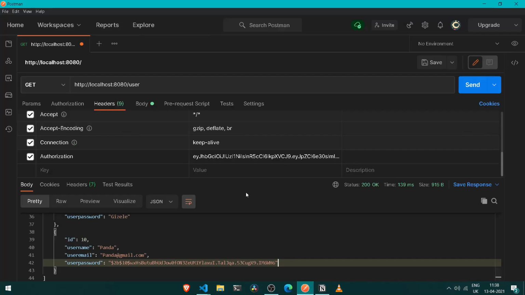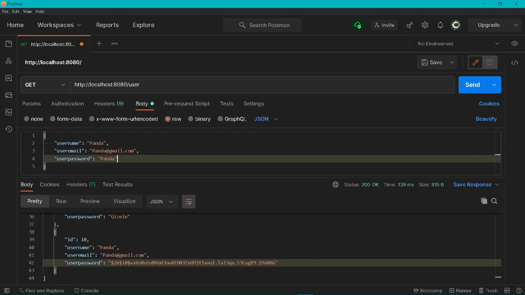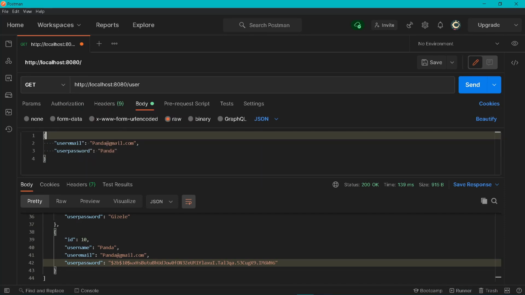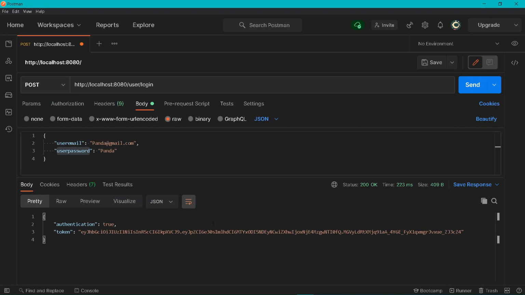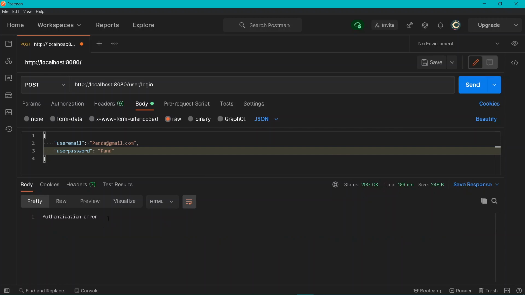Let's go under our Postman, and if I go under my body, we are simply signing in under panda. We don't need our username for now, but you only need panda and also its user password. So here in front of user, let's add a path of login, and here let's add a post request. Let's send it up. Cool. Now we are authenticated under our entire database because we are getting our token here. For now, if I go back and simply send pand instead of panda, I will be getting the authentication error because the user is not identified.